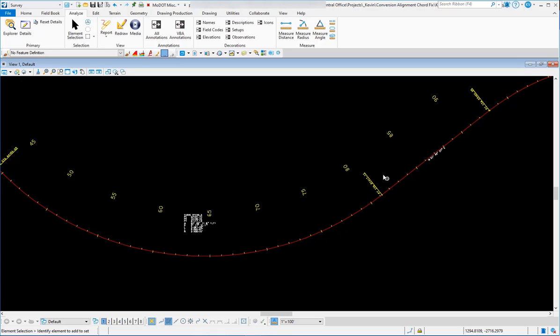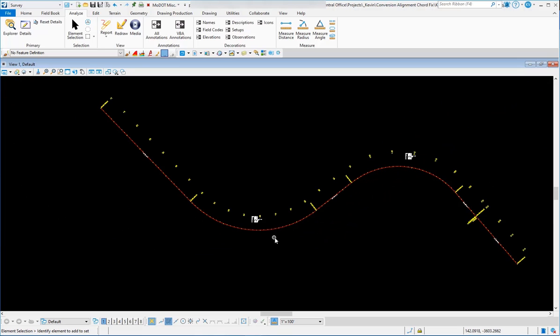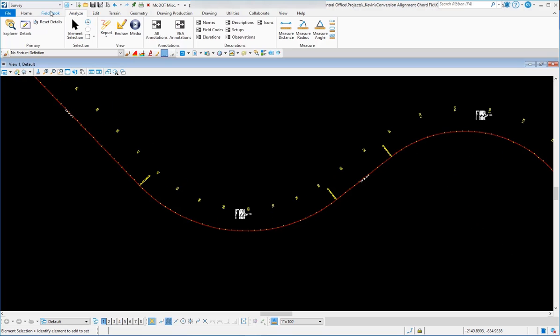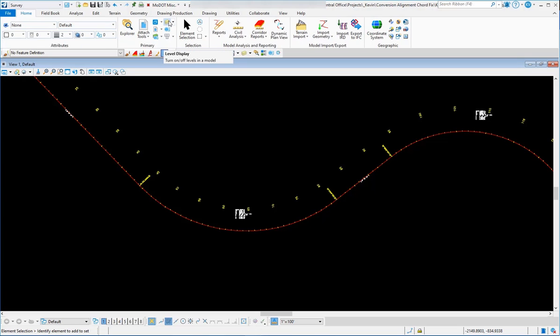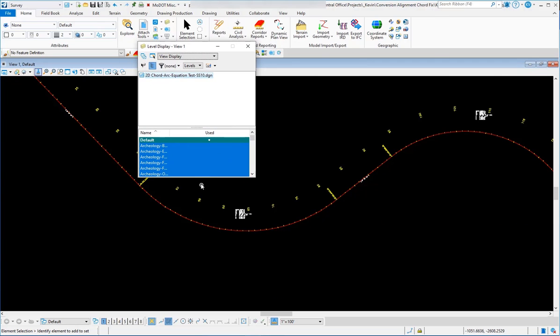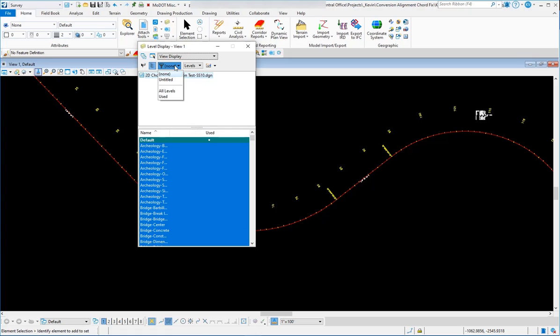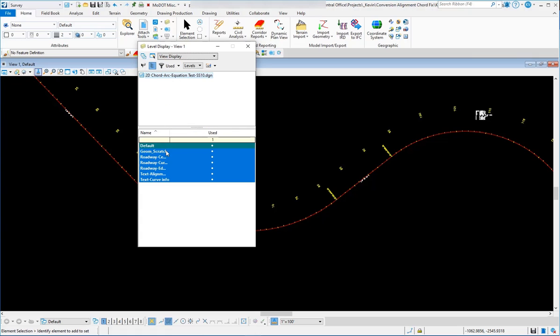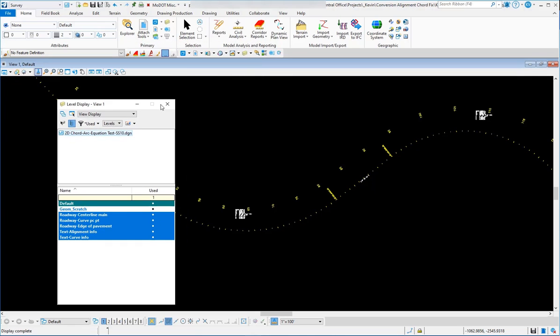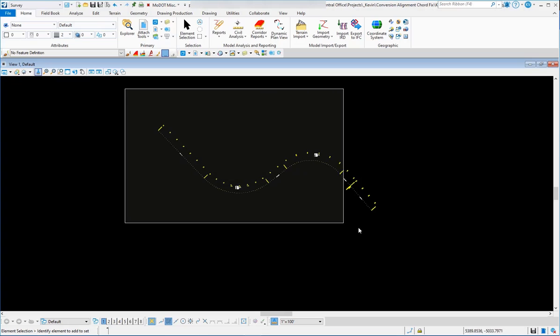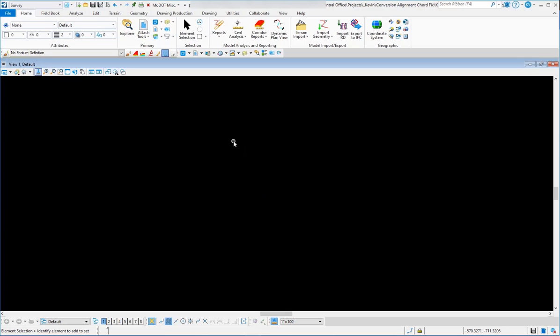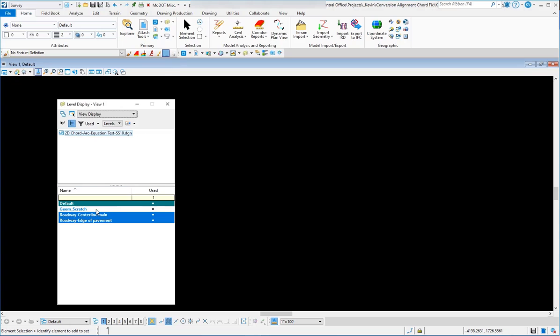And again, this is static information out here. It doesn't change. And so what I'm going to do, because of that, I'm going to turn off the Geometry Scratch level. So I'm going to go to the Home tab. I'm going to go to Level Display. I'm going to switch the level from None to Used, and I'm going to turn off the Geometry Scratch level. And so all I have left is the old static information, so I'm just going to select it and delete it, and then I'm going to turn back Geometry Scratch on,